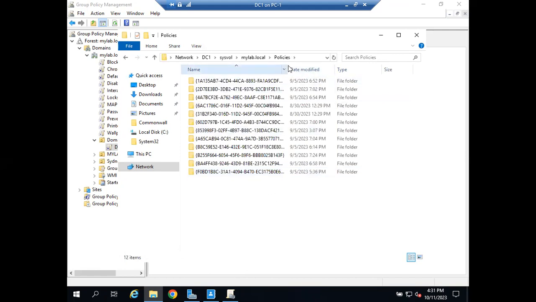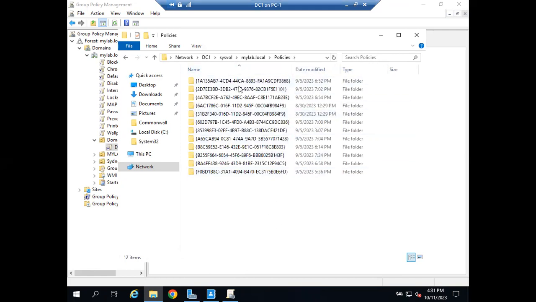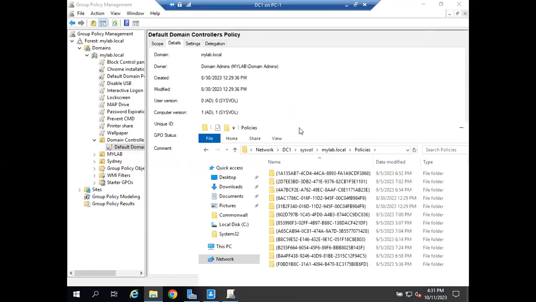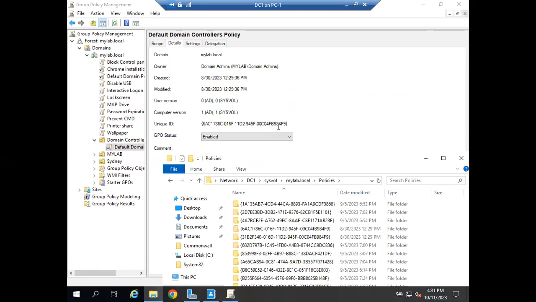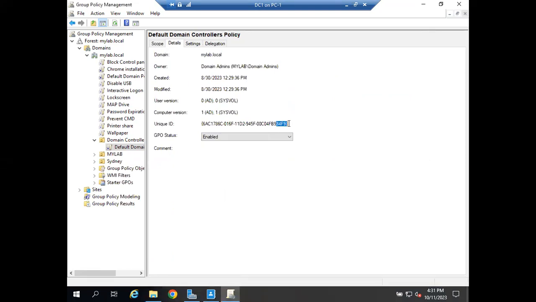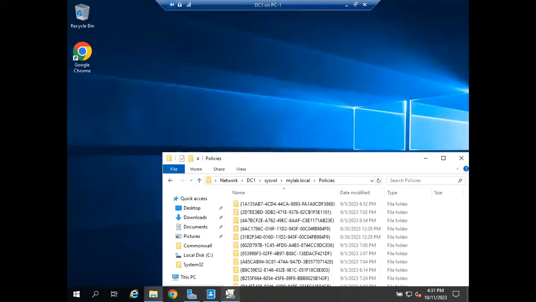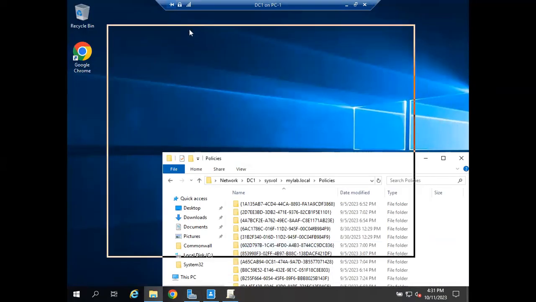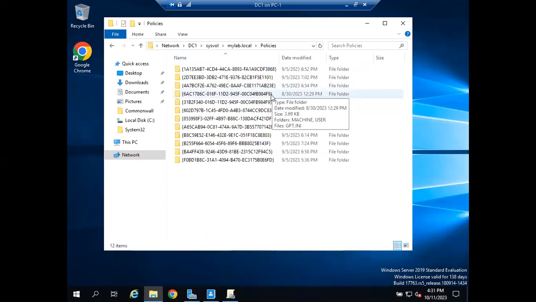Here you can see lots of policies are there, where we just need to identify the policy identity number. Here you can see we'll have 845, sorry, F9... 8489. Let's have a look into that one. 8489. This is the default domain control policy,